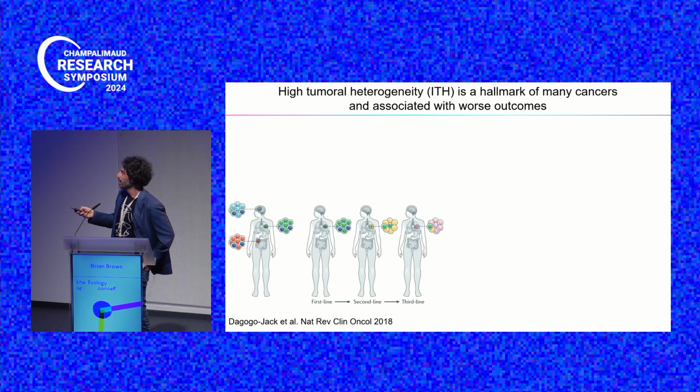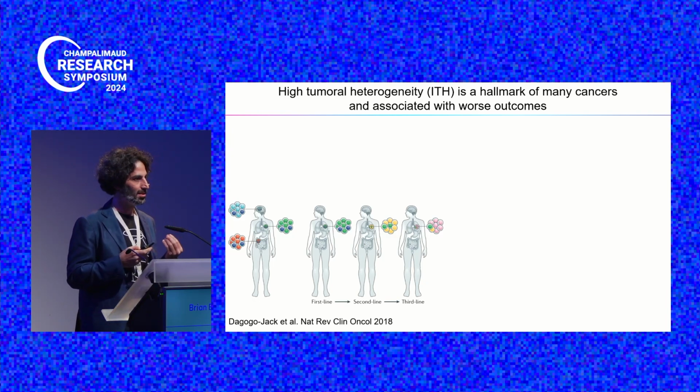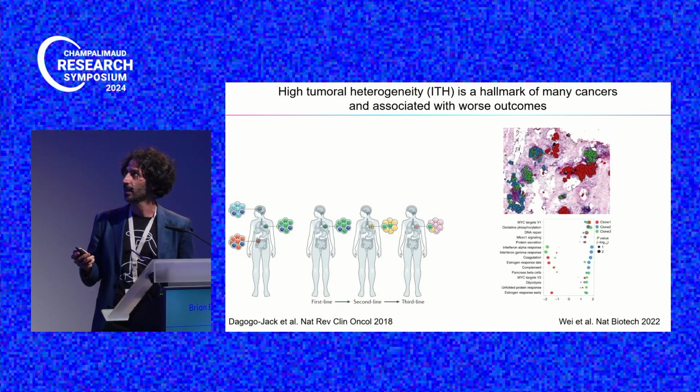And that happens all the time. So you can have pre-existing resistance, or you can have adaptive resistance, but it's a key problem. And this is a really nice work from Nick Navin showing you how